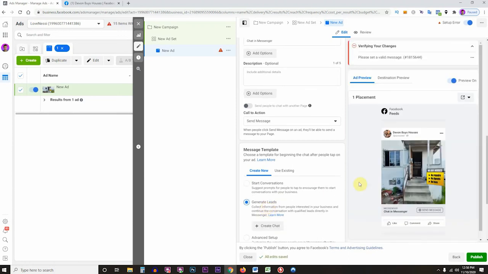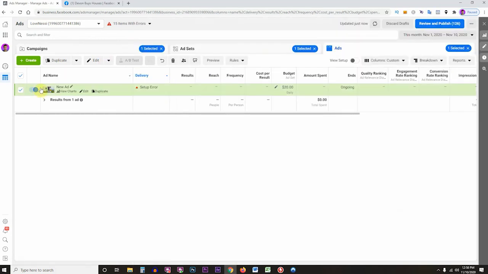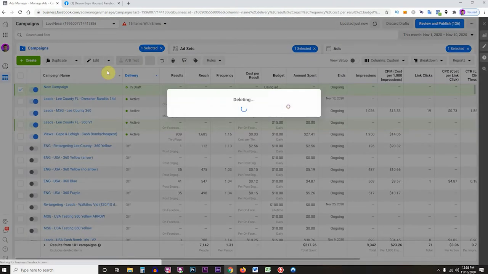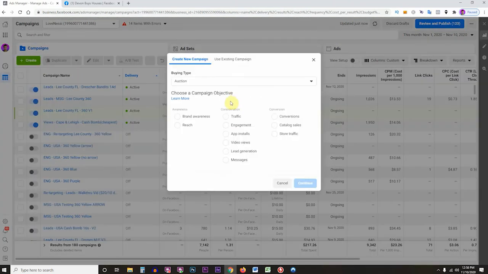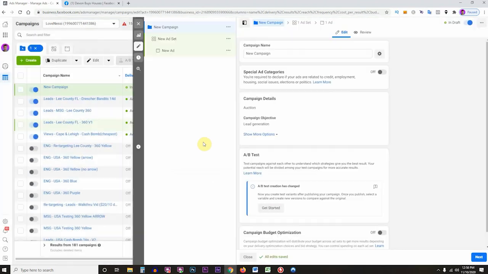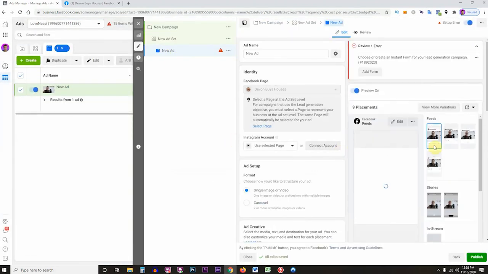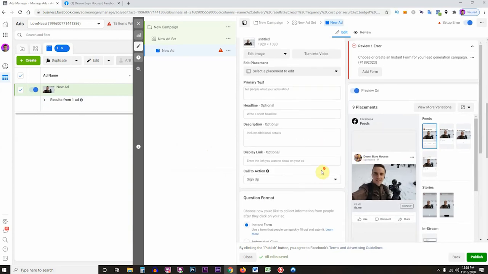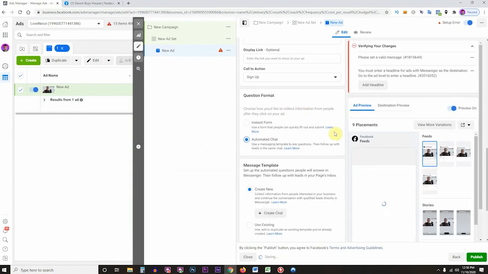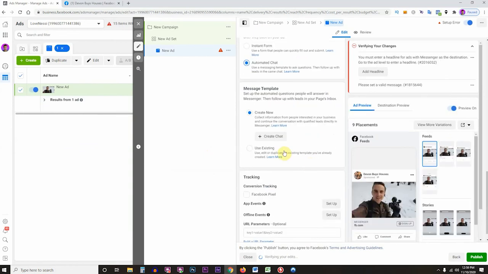But if you're doing leads, you would just click this button, and when you're starting the campaign, you would actually go to lead generation, not messages. I know, it's kind of weird. So go to lead generation, and then now when you're creating the campaign, you go all the way down here, even though it's going to be glitching on me because of all the manual placements again. You go to instant form or automated chat. You would select automated chat and